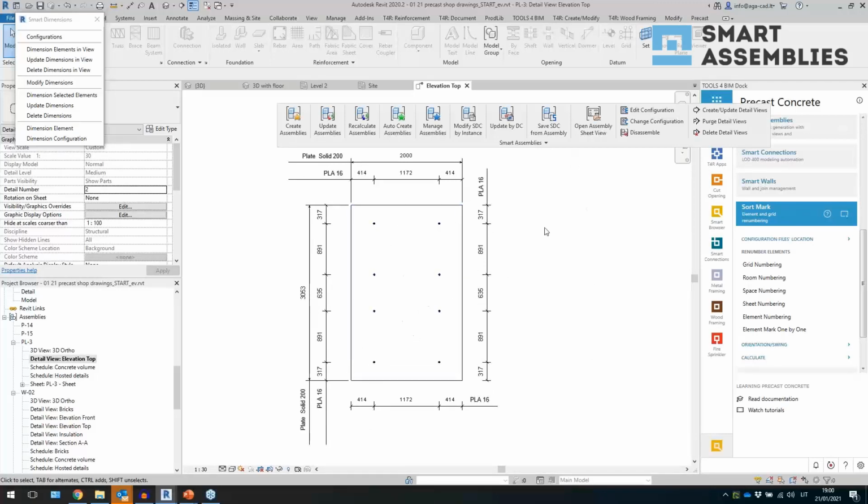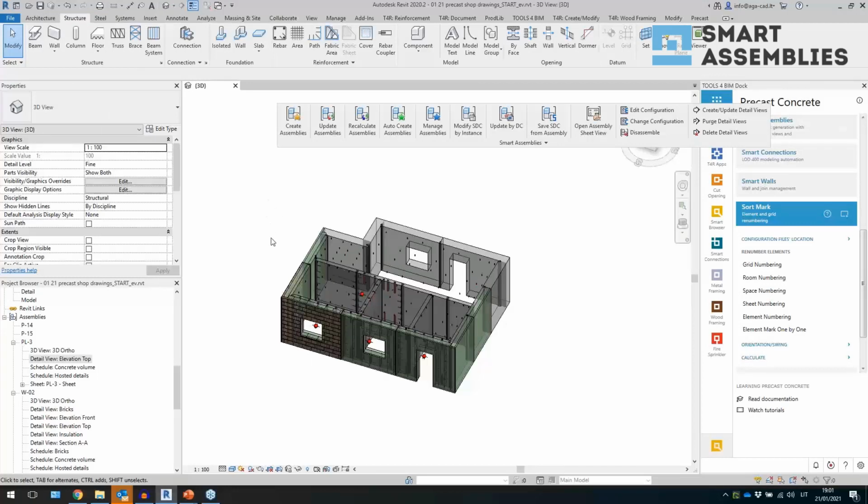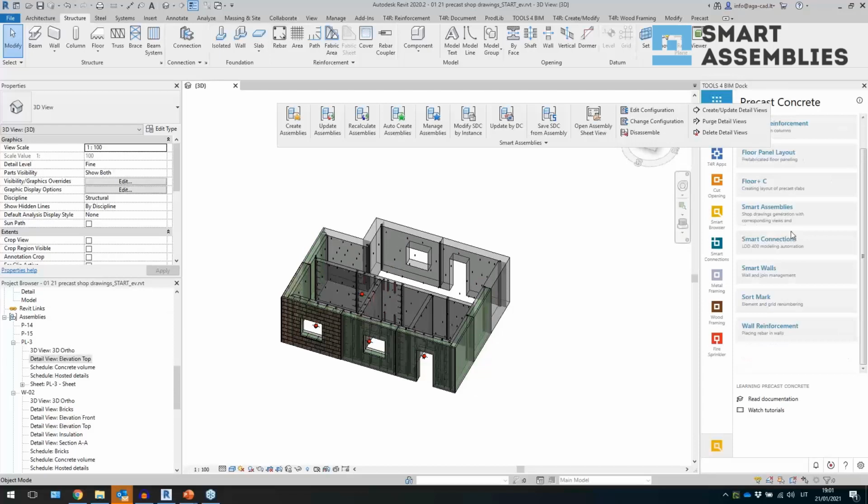So it means that if you create a dimension rule, you can apply that for the floors, maybe for the beam, for a column, maybe with some adjustments and so on. So that's the idea of these tools. I hope